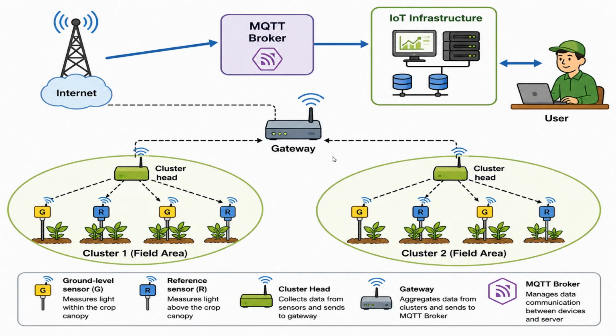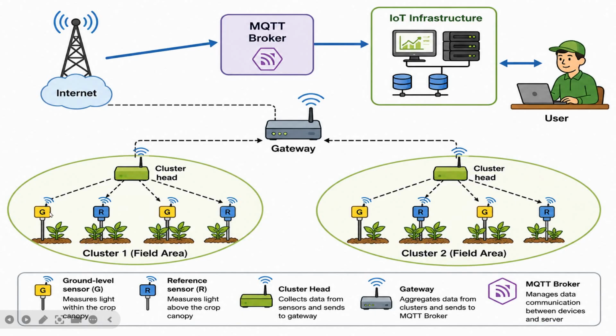data in real time. Now at the field level, here you have the agricultural area, which is divided into two clusters, that is cluster 1 and cluster 2. Now each cluster contains multiple wireless sensor nodes connected to a cluster head. So both the field areas have cluster heads, and the system uses two types of sensors, that is